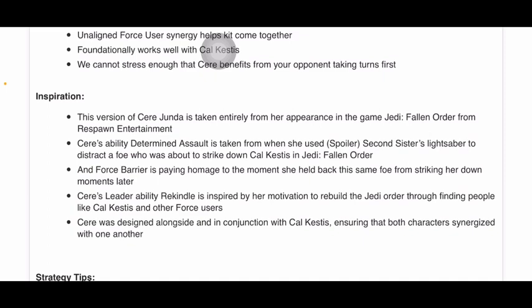Cere was designed alongside and in conjunction with Cal Kestis, ensuring that both characters synergized with one another. I mean, I am picking that up. There is a lot of synergy and similarities between Cere's kit and Cal's kit, so makes sense. Plus, they also said in Cal's kit that he would work good under Cere, so...